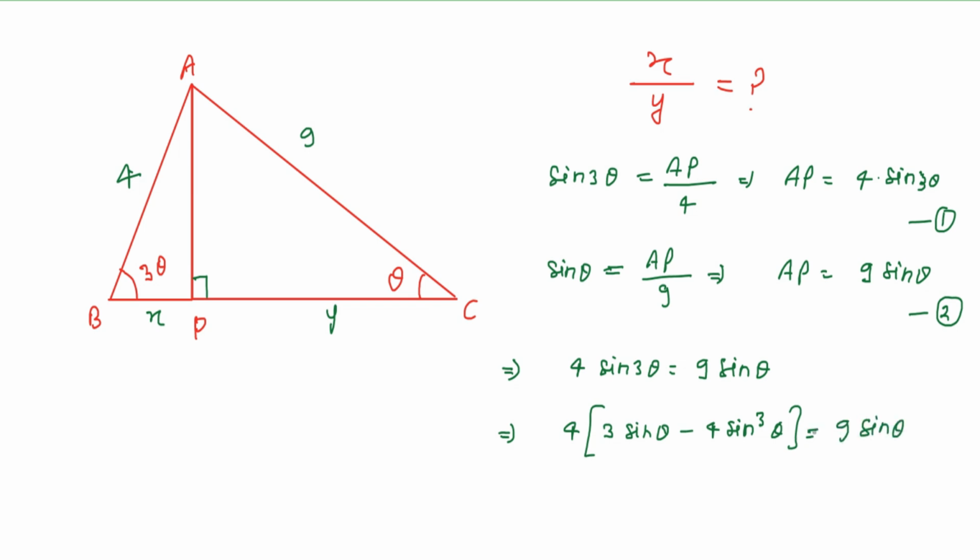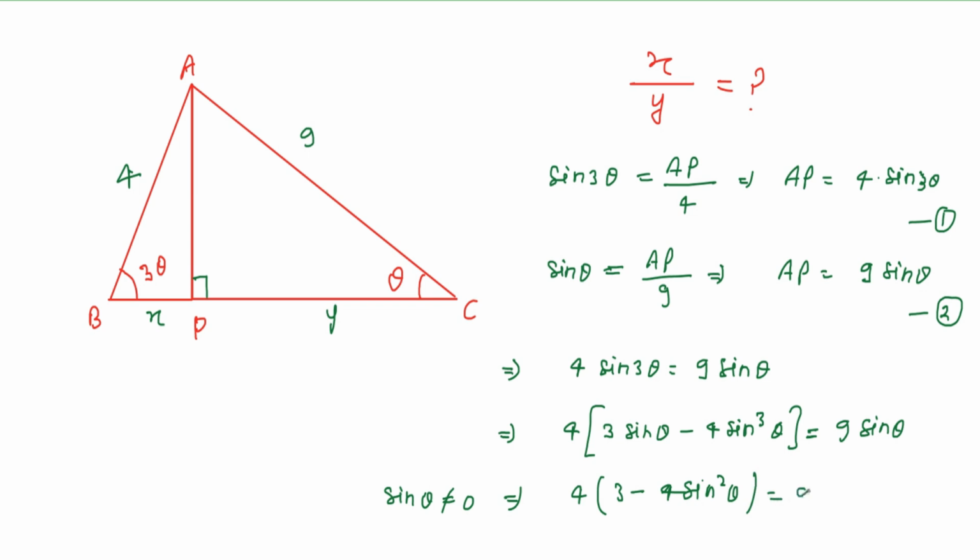So from left hand side and right hand side, one sine theta will be cancelled out, provided sine theta is not equal to 0. So from here we will have 4 times 3 minus 4 sine square theta